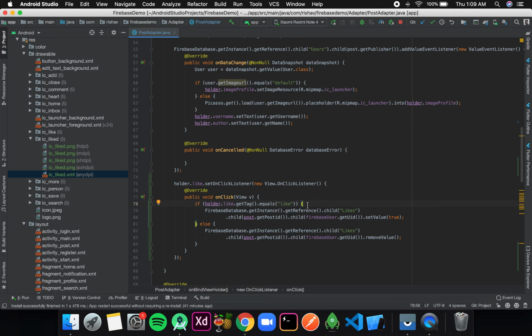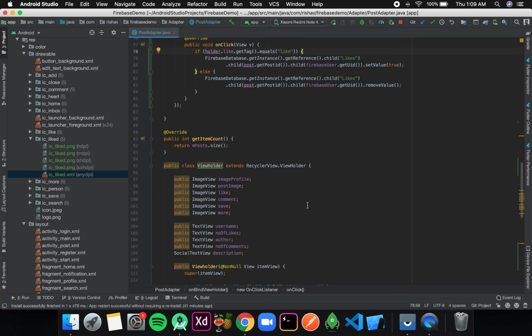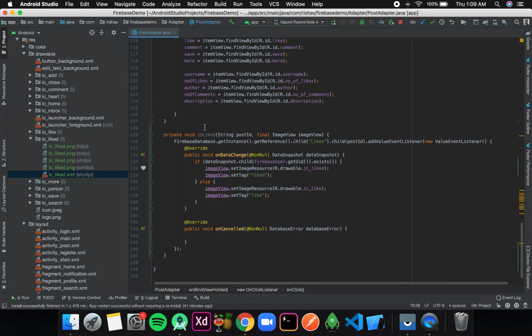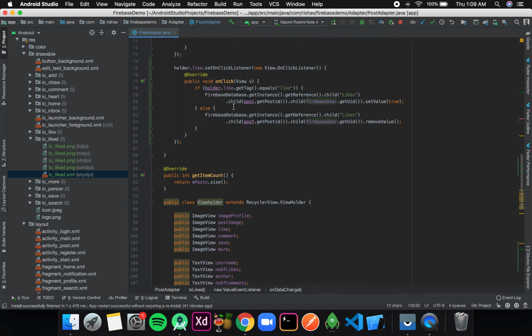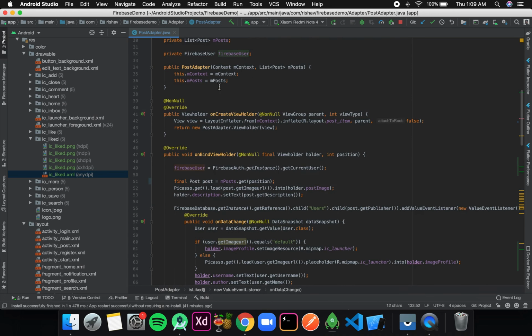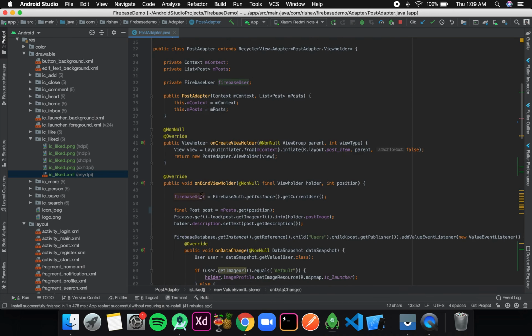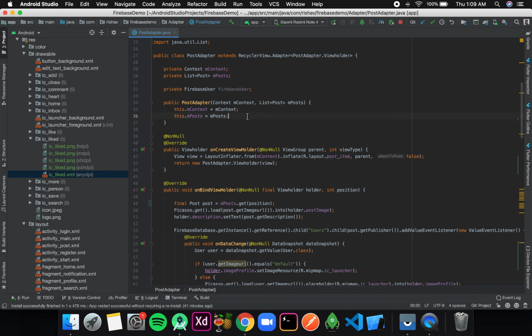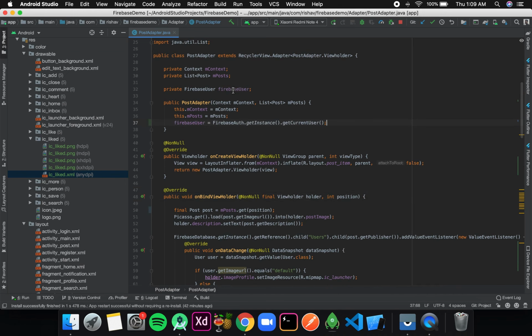Now one mistake that we are making over here is, in our isLiked method we are using the Firebase user, but we are not initializing it inside this isLiked method, but we have initialized it in our onBindViewHolder. So I'll cut it from here and initialize it in the constructor.